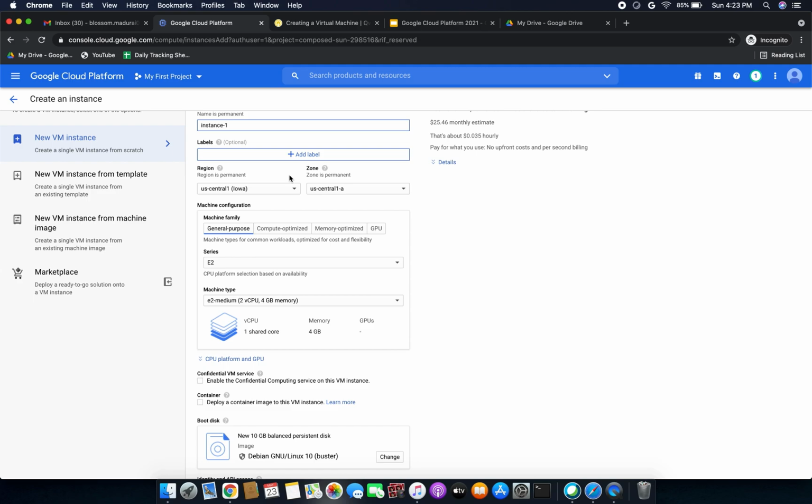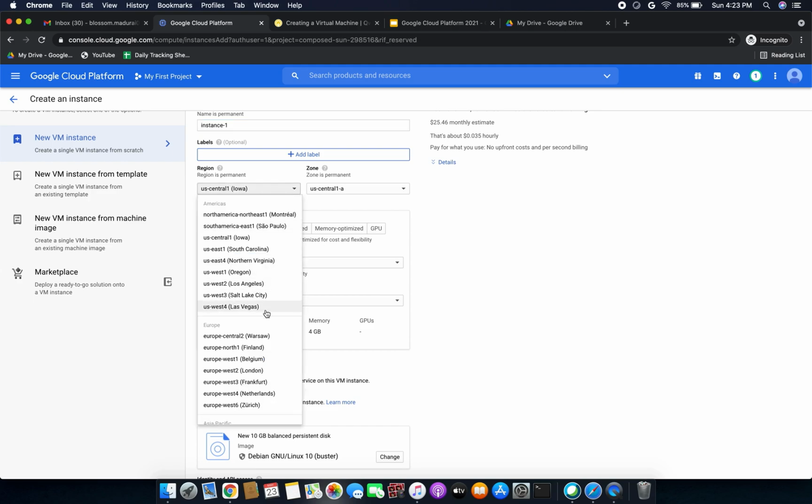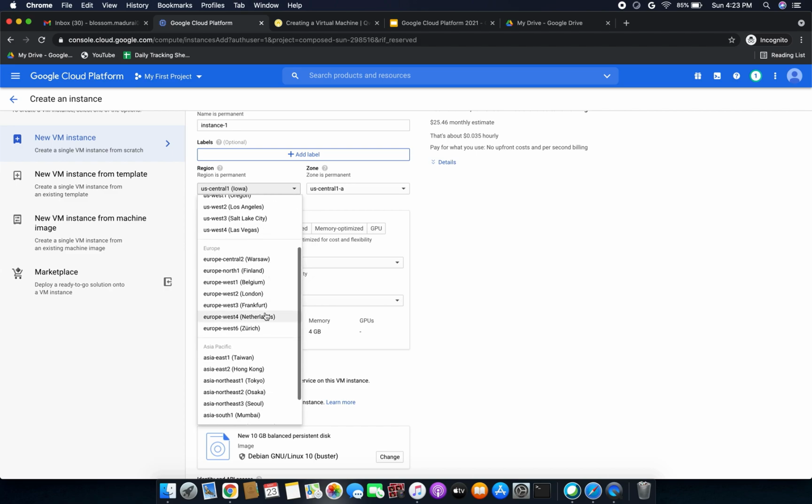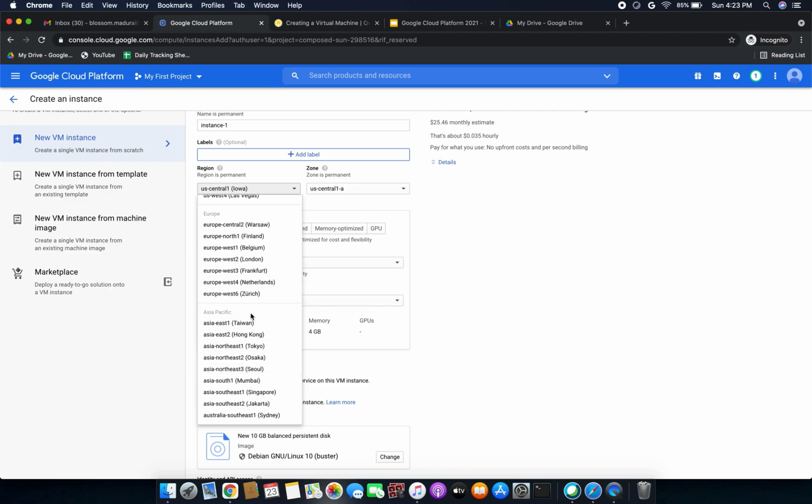Your data is situated in which region and which zone, we have to select accordingly. Here we have Americas, Europe and Asia Pacific, like that. Here we can select whatever region we need, as per our business requirement.